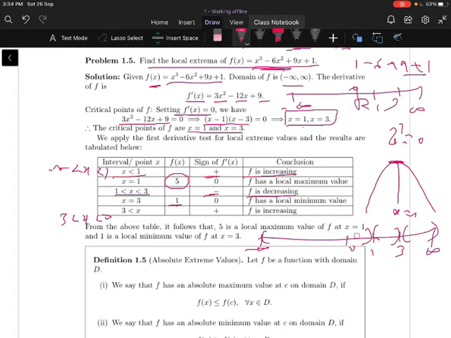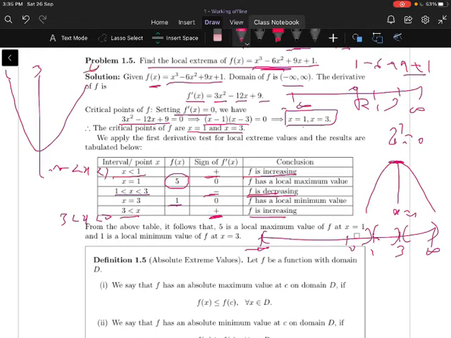When f is decreasing for the interval 1 comma 3, let us check for x greater than 3 whether the function is increasing or decreasing. You can observe through the derivative that f dash of x is positive for x greater than 3, therefore f is increasing. f is decreasing for the interval 1 comma 3, and for x greater than 3, f is increasing. It means decreasing then increasing. For the interval 1 comma 3 the function is decreasing.